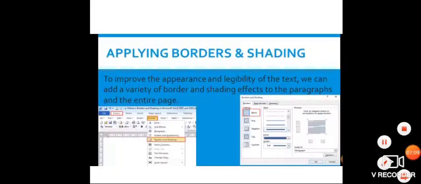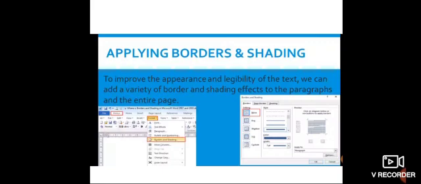Now, next is applying border and shading. To improve the appearance and legibility of the text, we can add a variety of border and shading effects to the paragraphs and the entire page. So, how can we apply border and shading?